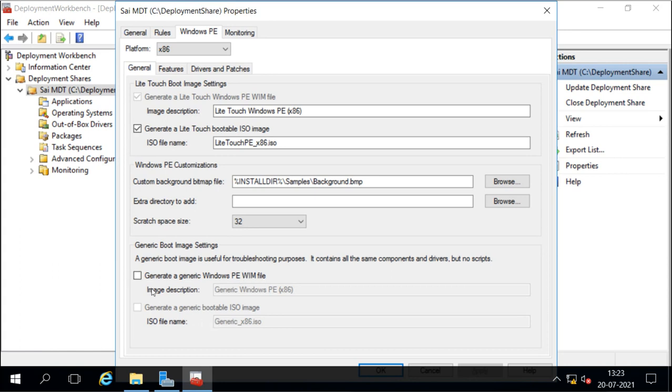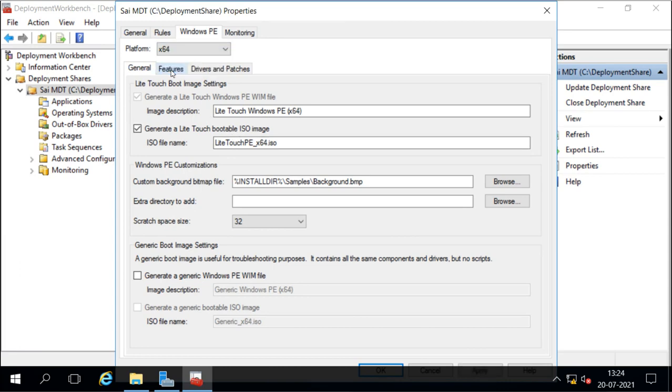But it is going to create this ISO file which we are going to use. We can use the WIM file, but for the WIM file we don't have the deployment services installed, so it is not going to boot remotely. We have to boot it directly with this ISO file. Then it is going to support 32-bit or 64-bit both.